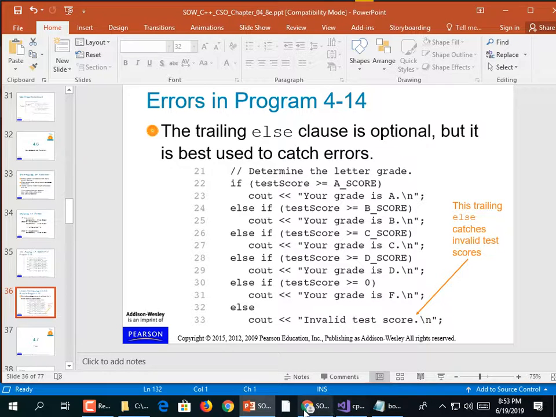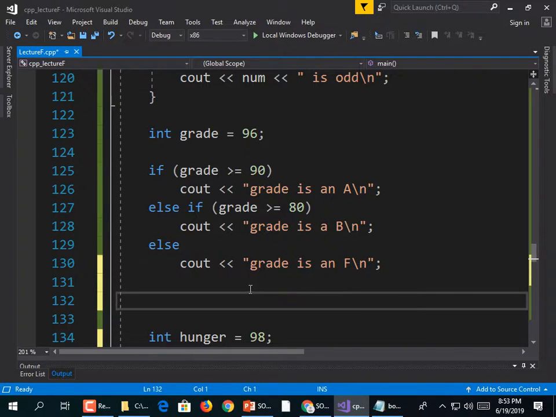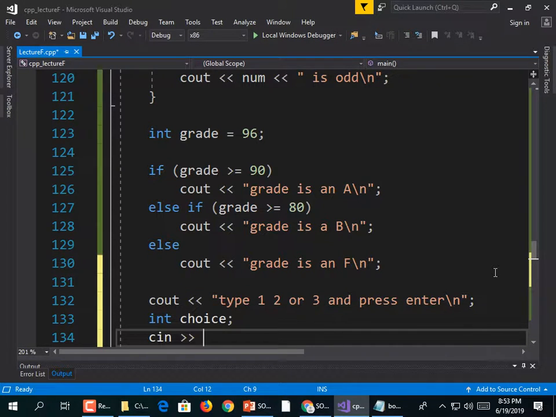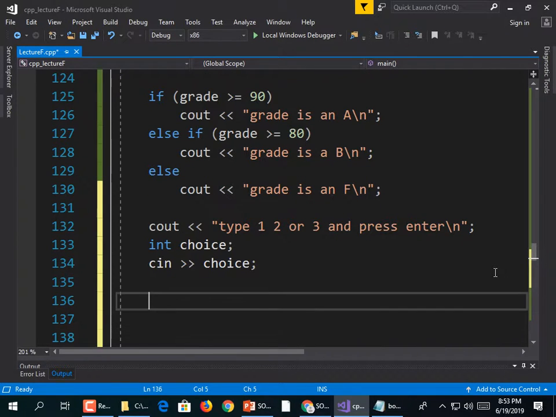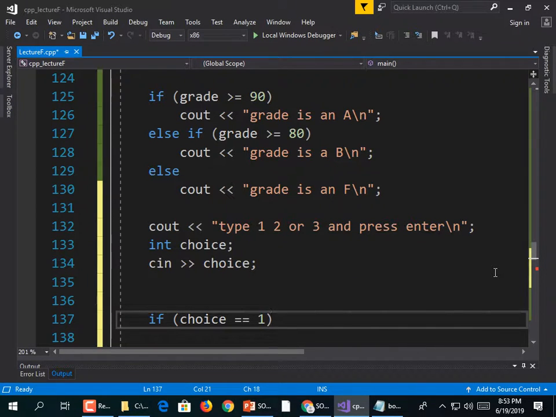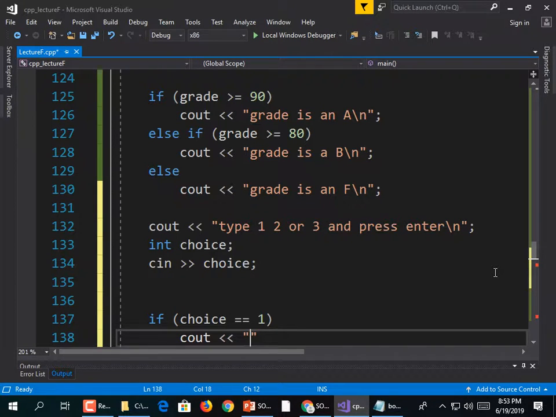I'll give you an example. What if our code said this? cout << "Type 1, 2, or 3 and press enter\n". I forget if I have a variable named x. Well, I'll create a new one. int choice; cin >> choice. Now I'm going to cook up some if statements. If (choice == 1), then cout << "1\n";